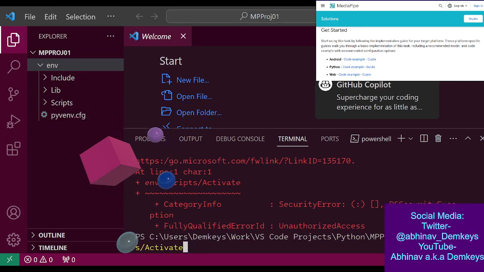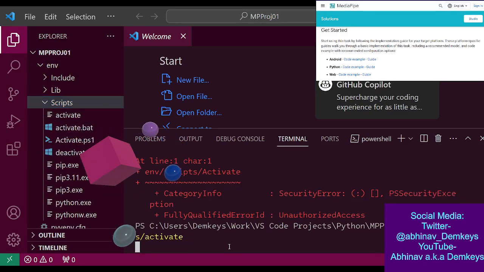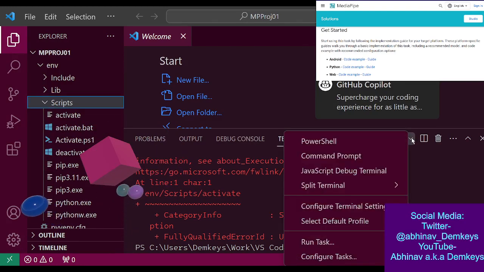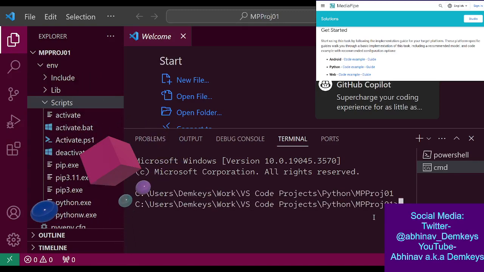Okay, something is wrong. Oh, I think I need to open a command prompt terminal instead of a PowerShell one. Yeah, I think now it should work. Bin scripts